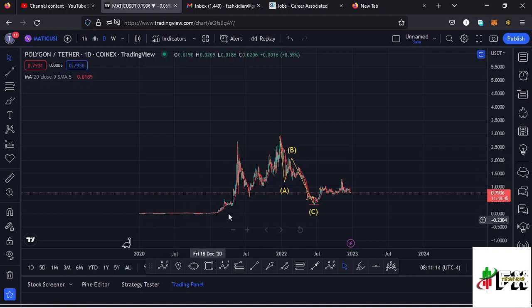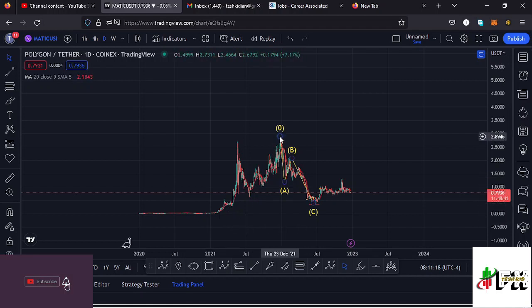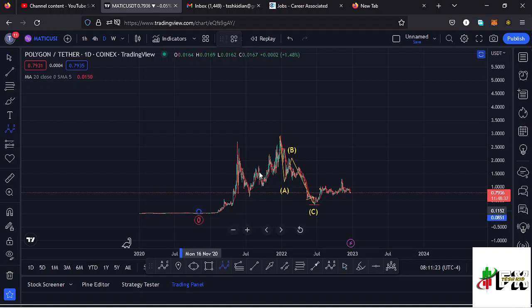Polygon Matic, from these low prices that we had been trading within, we saw a very nice bounce, making it to an all-time high at around the $2.9 mark in a movement that I've been terming as a higher Elliott wave count 1 to the upside. And after making it to the all-time high, we had been seeing lower prices in this massive ABC corrective structure, which is right here in yellow, taking us back to around the $0.32 mark. In that movement, I'm terming it as a higher Elliott wave count 2 to the lower side,